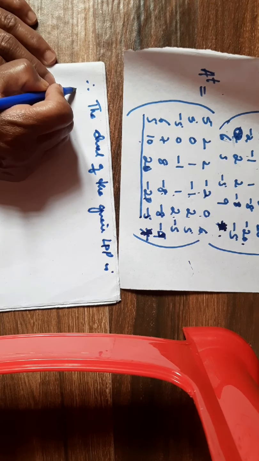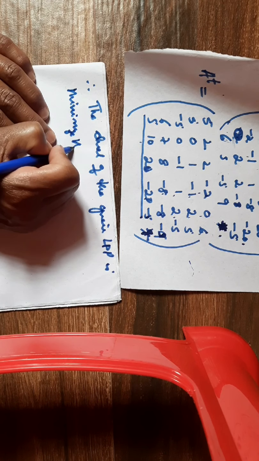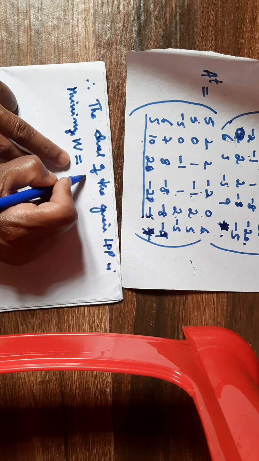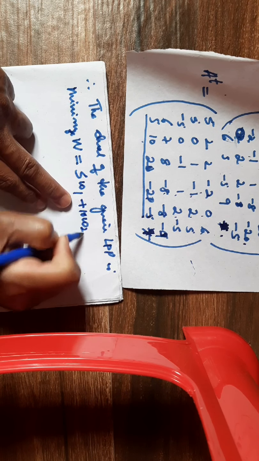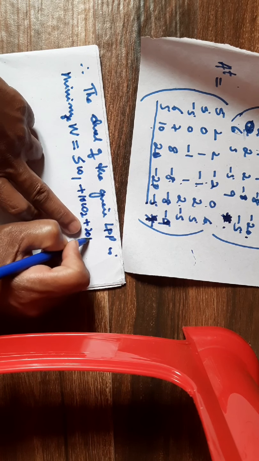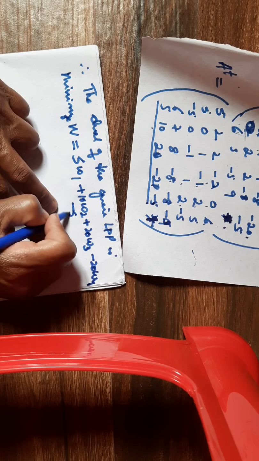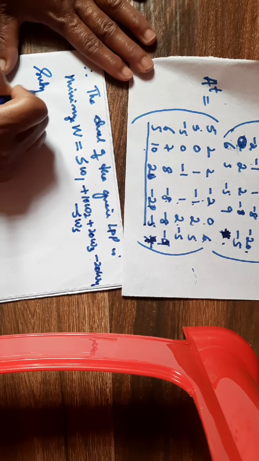So in this case, it will be minimize, let me take it as W, equal to 5W1 plus 10W2 plus 20W3 minus 20W4 minus 5W5. Subject to the constraint,